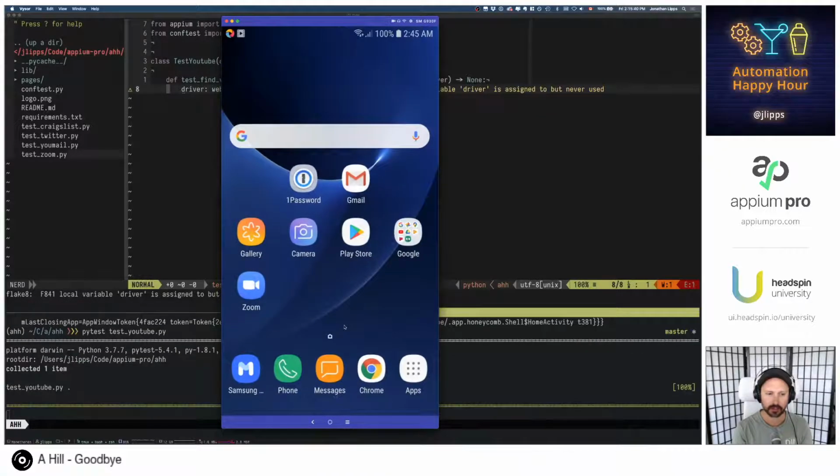Although, oh sweet, things launched. So that means we're in business. We can start figuring out what flow we want, building out a page object model, and so on. So let's just walk this through. I'm gonna try a different sort of approach today. Just walk through the flow and stub out the page objects so that we can then fill it out.